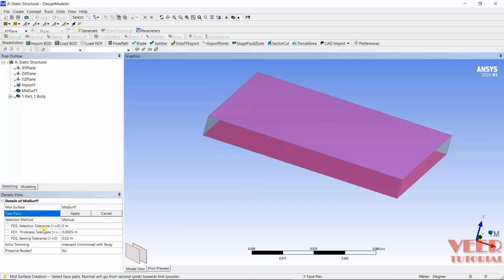Here we can see the value of tolerances. So tolerances means it is the gap between the surfaces. So sometimes there is a little bit of gap between the surfaces. So the value of tolerance is taken as very less value. So let's say here it is 0.005 etc. So I will click on apply and then click on generate.